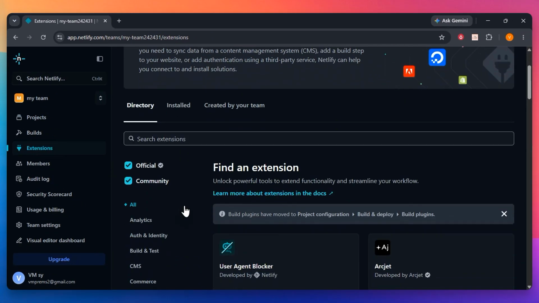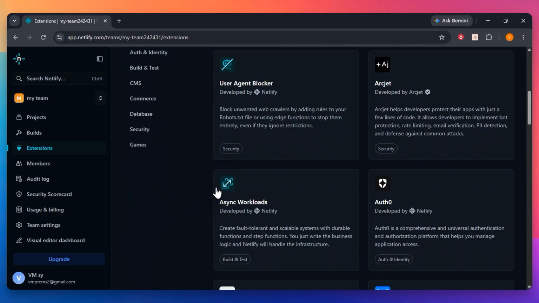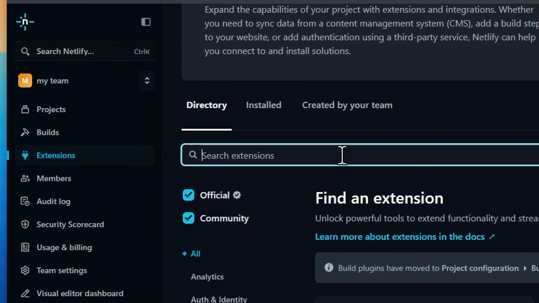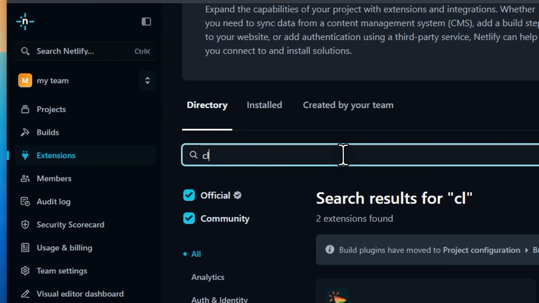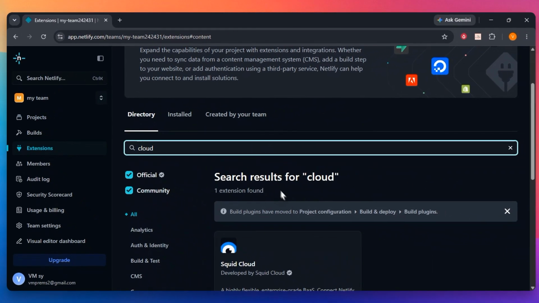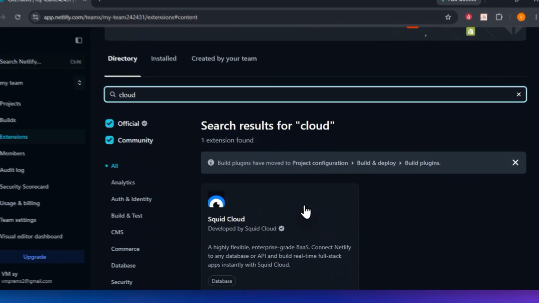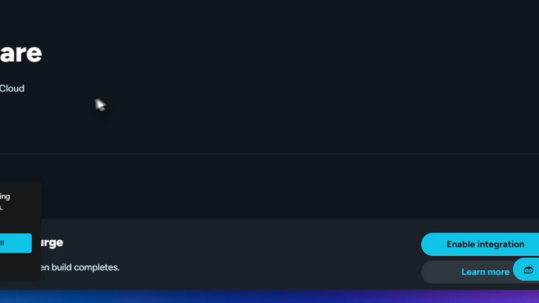Use the search bar provided to look for the Cloudflare Cache Purge extension. When the results appear, click on the specific card for that plugin to open up the detail page. From here, you should see a button to install or enable the integration. Simply click that button, and a prompt will appear asking you to select the specific site project you want to